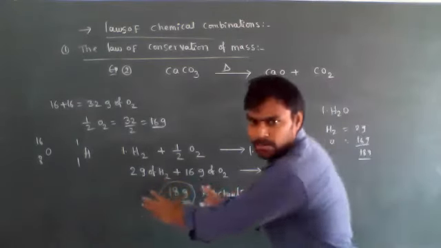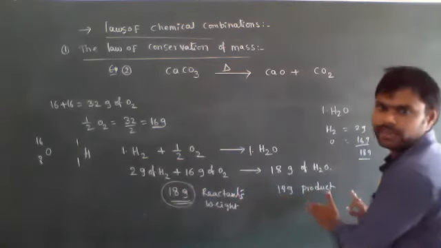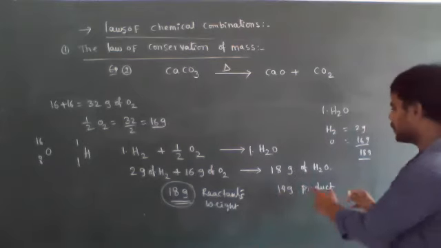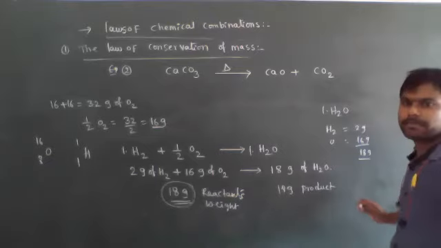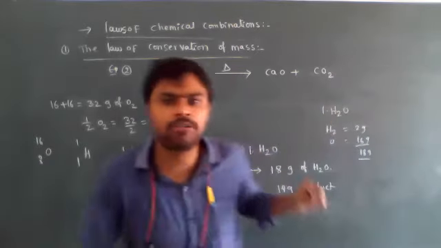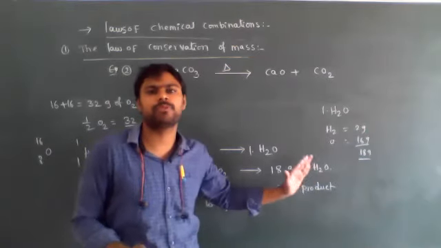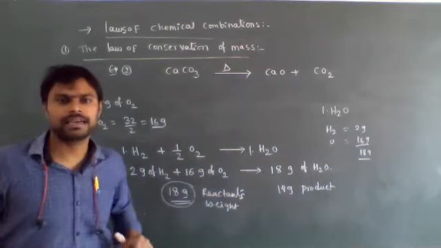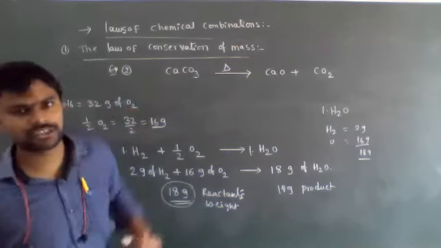Here, for example, 18 grams weight you used in total. Product also we are getting after completion of the complete reaction, 100% the reaction is completed. How much weight of product we are getting? 18 grams only. That's why the total amount of weight of reactants is equal to the total amount of weight of product after completion of the chemical reaction. Okay. So that is called law of conservation of mass.